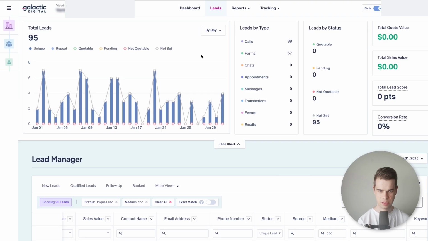So we can see here, this is the software I use for call tracking, that we've received 38 calls and 57 forms, and it's only tracked 95 leads, so there might have been some extra leads that came through that weren't specifically tracked through here. So without call tracking, we would have received 38 less leads and our cost per lead would go up a lot, and there would have been 38 of these leads that we didn't know came through the campaign without having